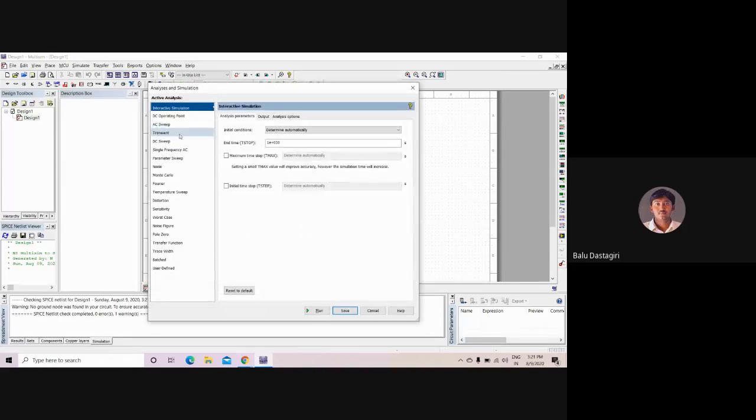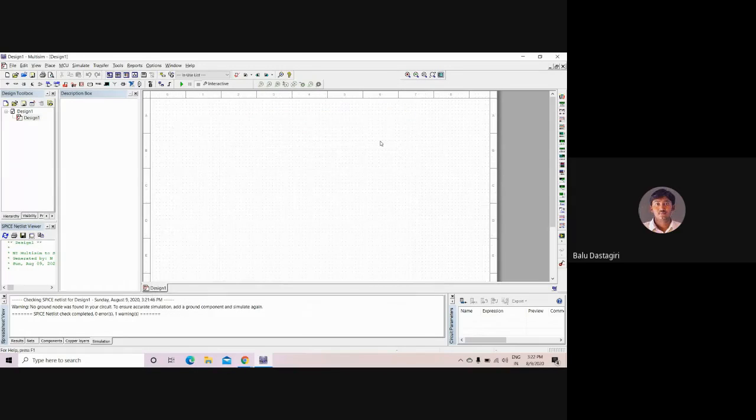Okay, so the analysis and simulation options present here are: DC operating point, AC sweep analysis, transient analysis, DC sweep analysis, single frequency AC analysis, parameter sweep, noise, Monte Carlo analysis, Fourier transform, and temperature sweep. These are the different kinds of analysis you can do. So now let us analyze a small circuit by using this